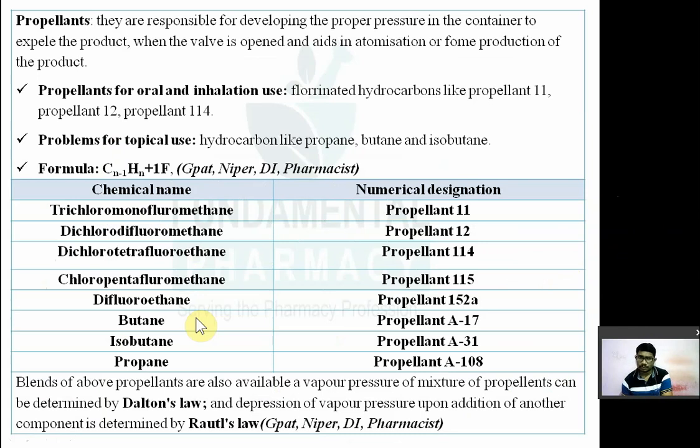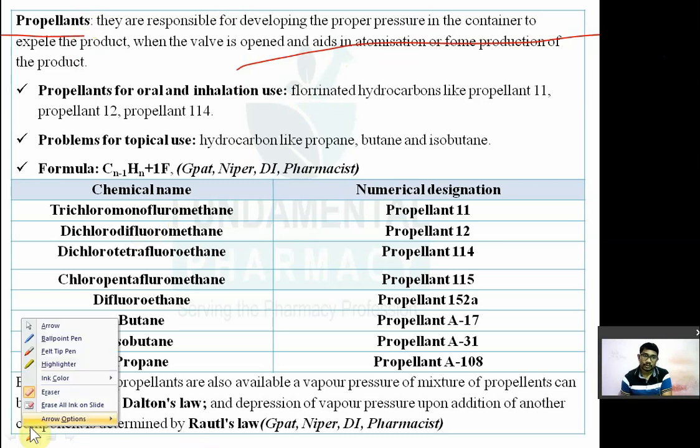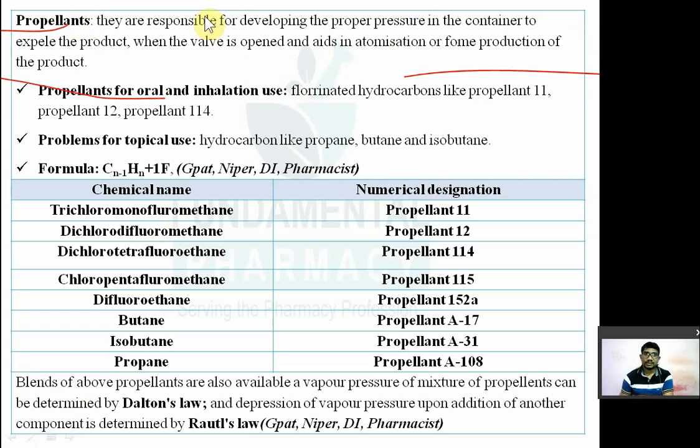So first we'll see propellants. What do you mean by propellants? Propellants are one of the components of your aerosol system. They help to expel your drug or the blend out of the container. They are responsible for developing the proper pressure inside the container so that your product will be expelled when the valve is